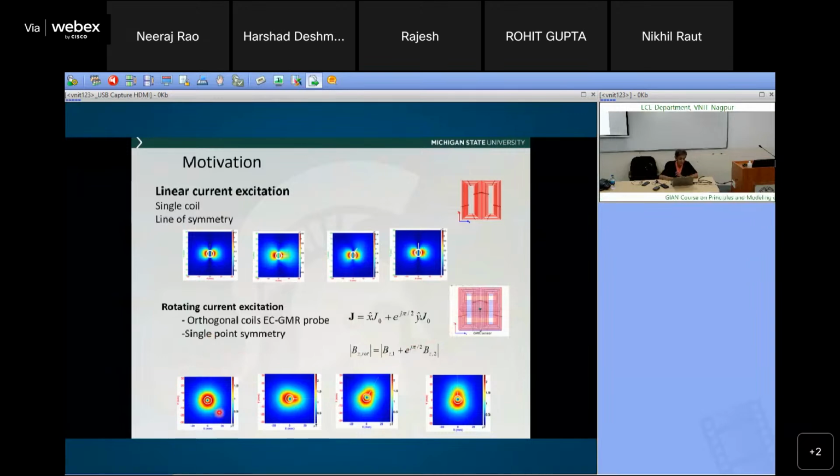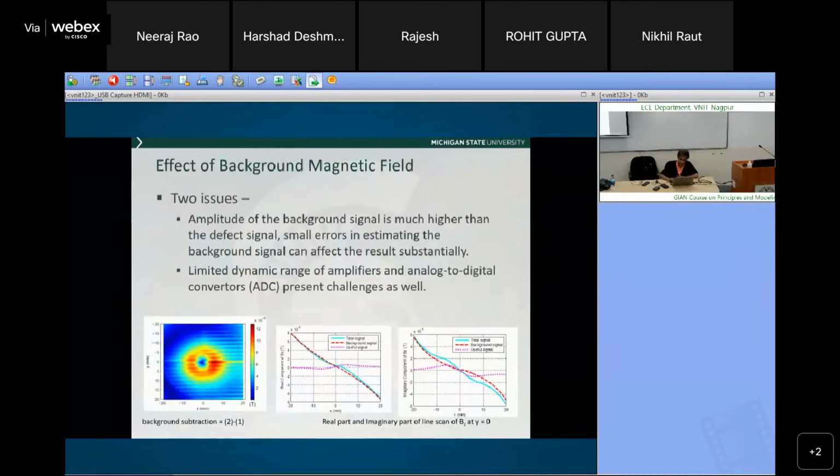If you look at this, this is no defect, X in the 45 degree, 0 degree, 45, and 90. So it has sensitivity to all orientations of defect, but there's only one single point of symmetry. That means I have only one point over here where I can mount a GMR sensor. Okay. So we looked at, suppose I still have an array of sensors,